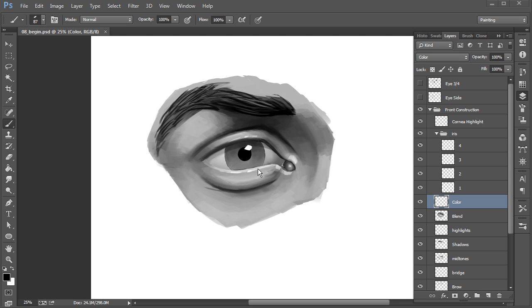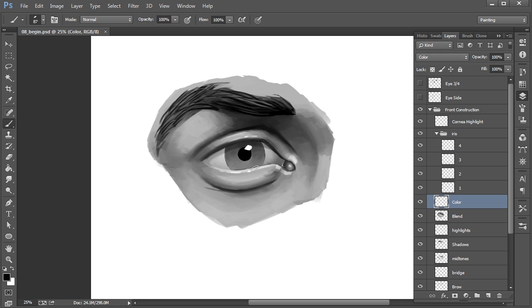Okay, I want to shift gears and focus on the iris. If you ever look at close-up images of the iris, you'll see these tiny fibers or tendons all pointing inwards towards the pupil. Again, the iris controls the diameter of the pupil, how it contracts or expands, thus letting in different amounts of light into your retina. So I've got a layer over here titled Color, and we're going to use this